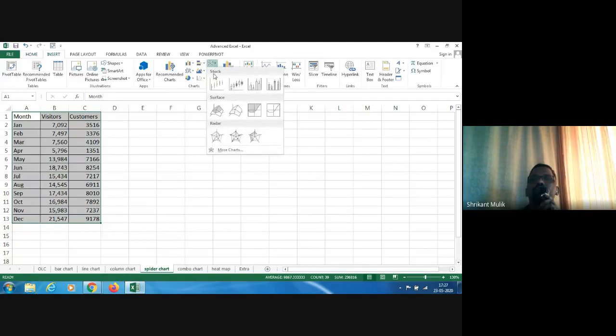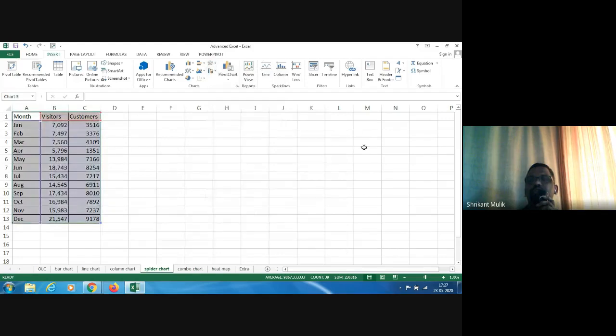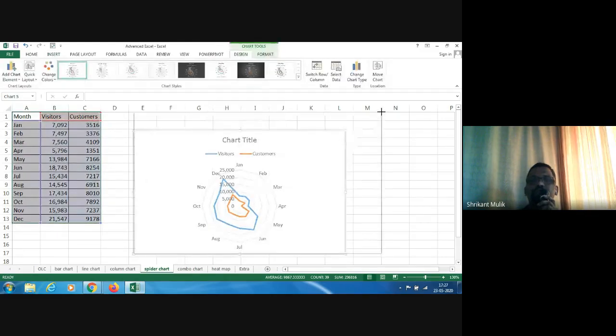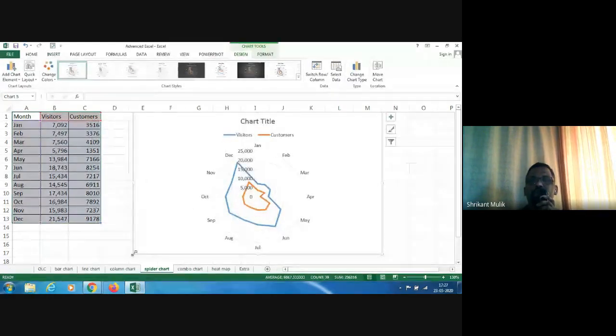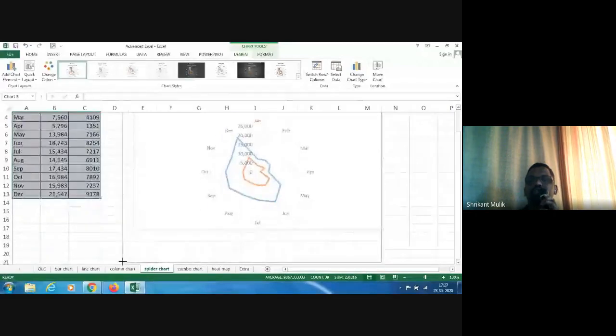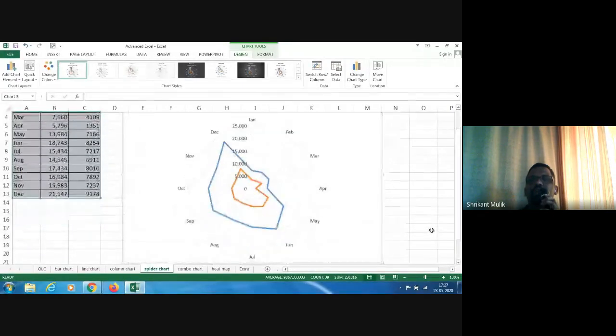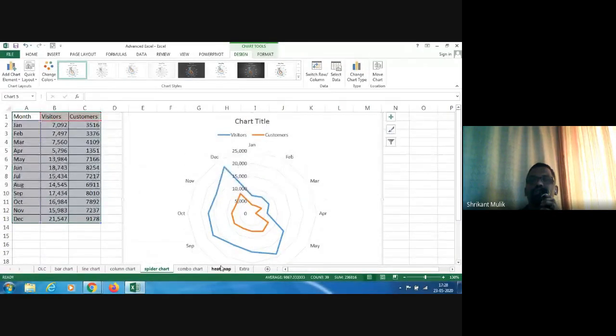So here I go and I pick up a spider chart. Now, if you see it for the first time, you may see that this looks very odd. It is also called a radar chart. What it is doing is basically showing all these axes, sorry, 12 axes. There's a 0 point here, and you could see that there is a kind of axis. So it looks like a spider or a radar, so it's called radar chart or spider chart.